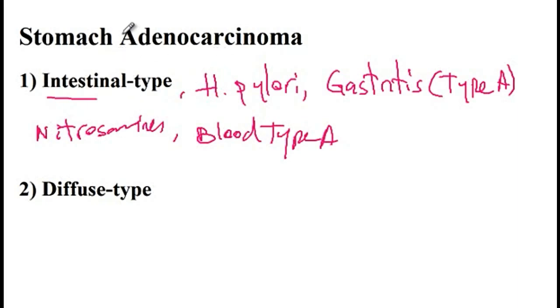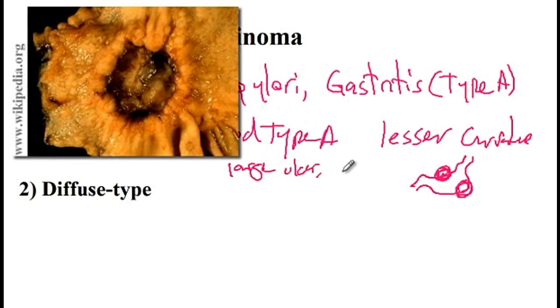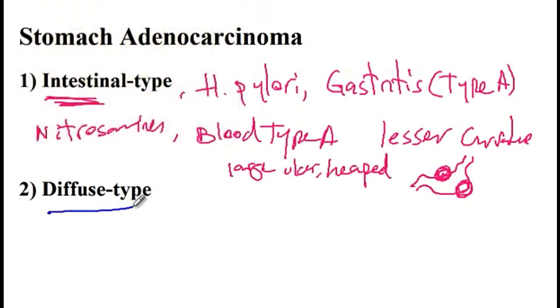And this type of cancer usually affects the lesser curvature of the stomach. So if here was the stomach, here is the greater curvature versus the lesser curvature shown right here. So intestinal type usually affects the lesser curvature of the stomach. And then examination of these lesions shows large ulcers with heaped margins. Next, we have the diffuse type adenocarcinoma, which is characterized by the presence of the signet ring cells, as